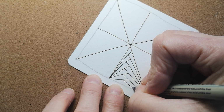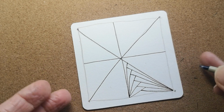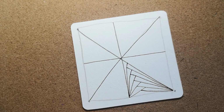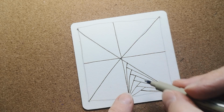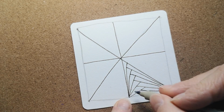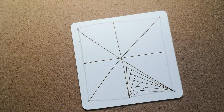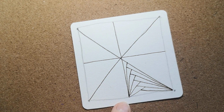As you get further down this section, you'll see that the lines change a little bit. They get shorter and sometimes a little bit stubbier. That is a basic Betweed, and that's just in a triangular area. We'll look at it in a different section after we've done this one. So this is the